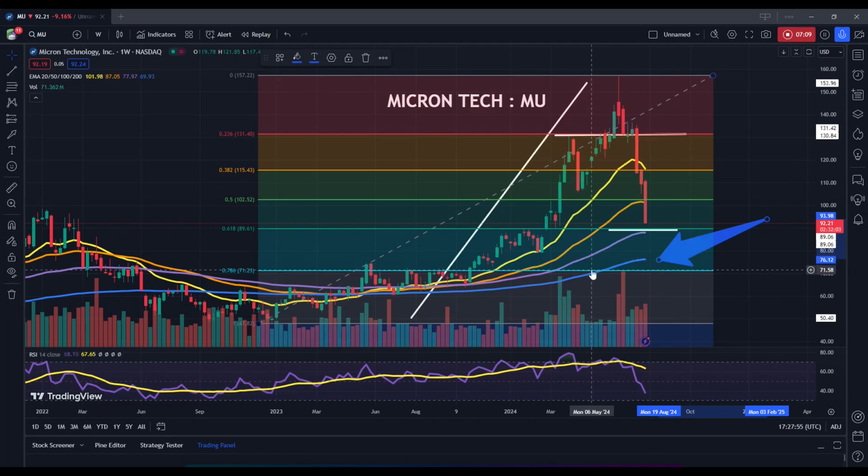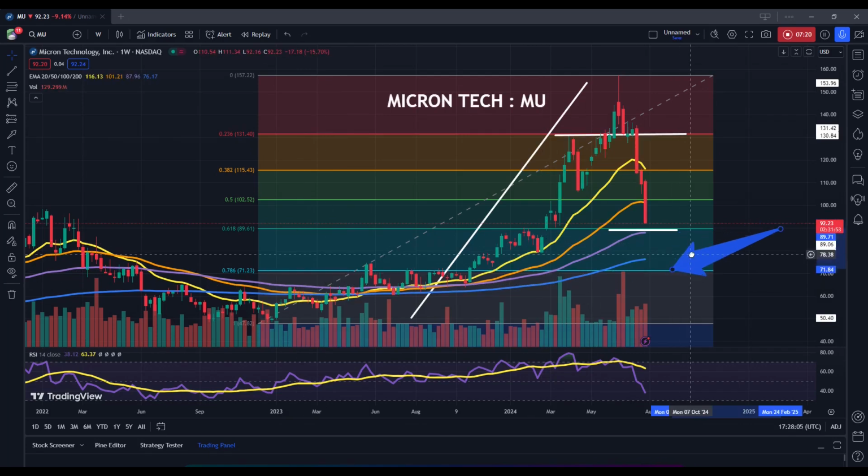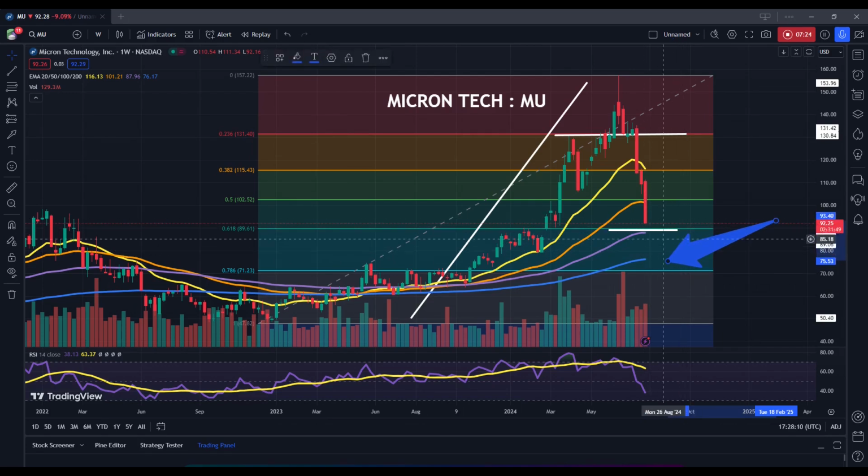76 before you see any other significant support zones, because this is where the 200 period exponential moving average rests, and then below there you would have to look at 71.20, which is where the 78.6% Fibonacci retracement rests. So we are trading into some very critical levels here. And if we are able to see a bounce here, this could be a very critical reversal zone to the top side. So here is the current market outlook for Micron Technology Incorporated, stock ticker MU.